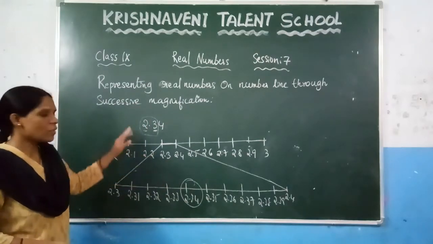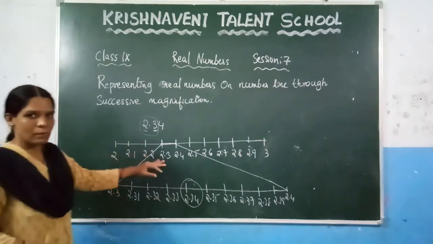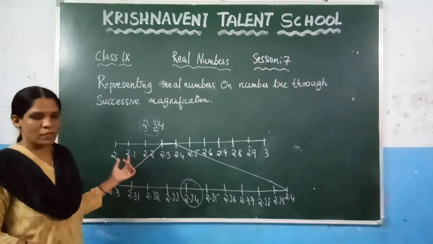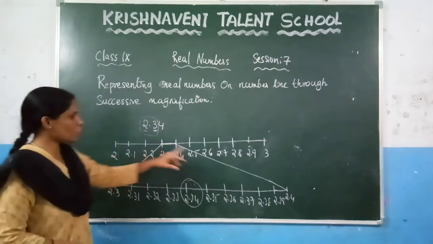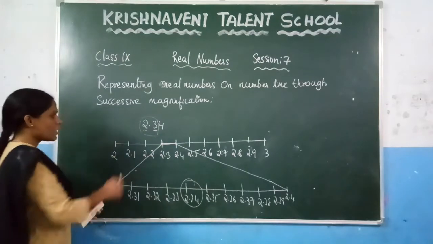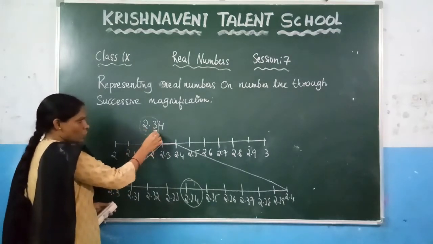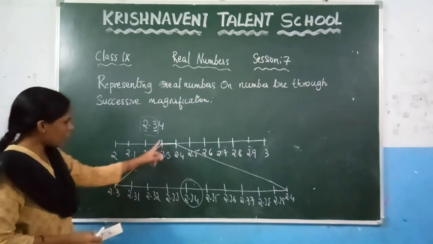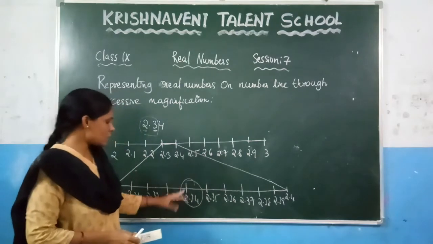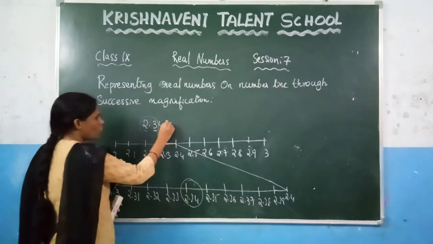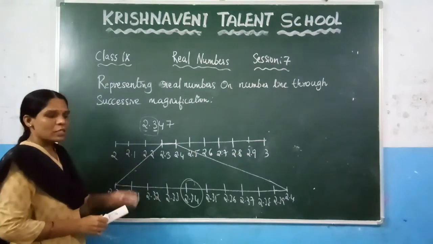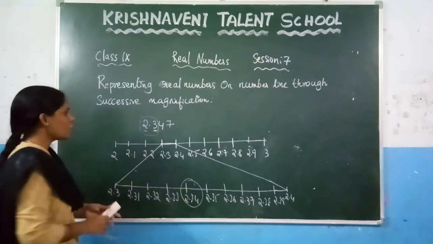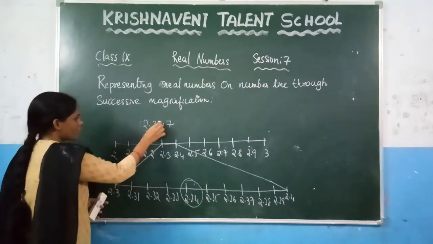If you want to represent a number, what is our first step? You need to draw the number line and check which two numbers this terminating decimal lies between. You know that this decimal lies between 2 and 3. After that you need to check the next number, 2.3, and 2.34 lies between 2.3 and 2.4. Now again at this point we have divided this number line. Suppose they have given 2.347. Now if they ask to represent this terminating decimal on a number line, what is our next step here? You need to check these three numbers.